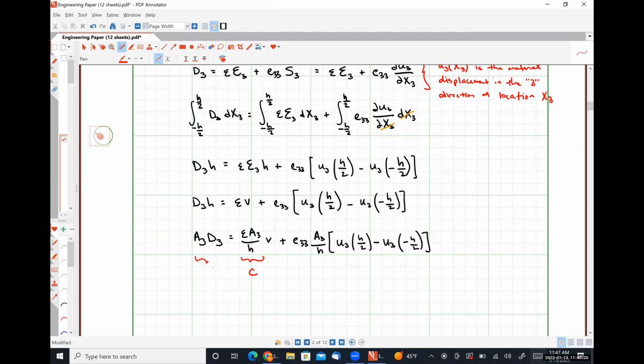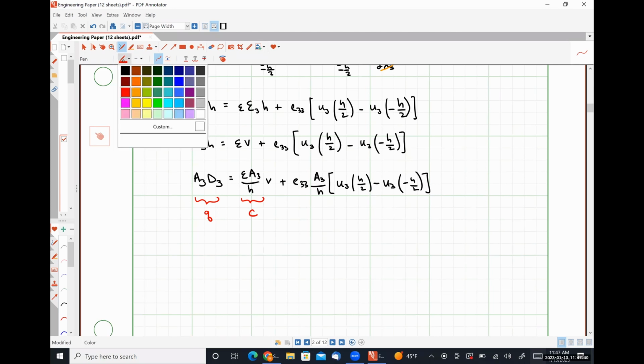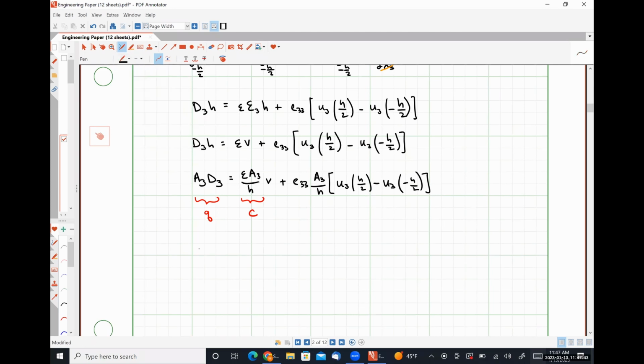So I'm going to call this thing here Q. Why this is important is because if I take the derivative of Q with respect to time, I get something I can measure, current, right? So we can say then that I, the change in charge with respect to time,